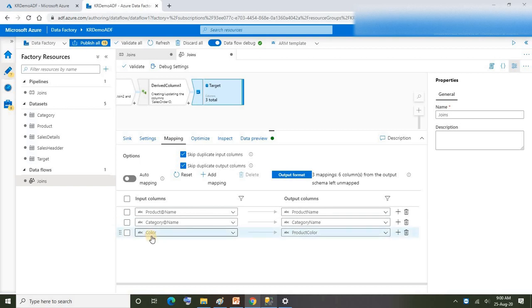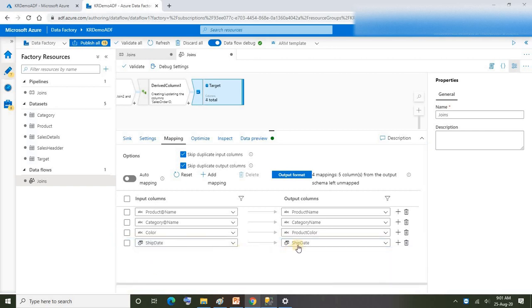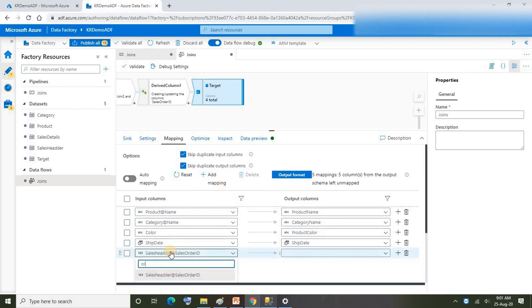See, if you observe here, color is not with the table name, it's because it's unique from all the 4 datasets, so that was the reason. Okay, next I'm going to say ship date. Yep, mapped automatically. Then order date. Yep.